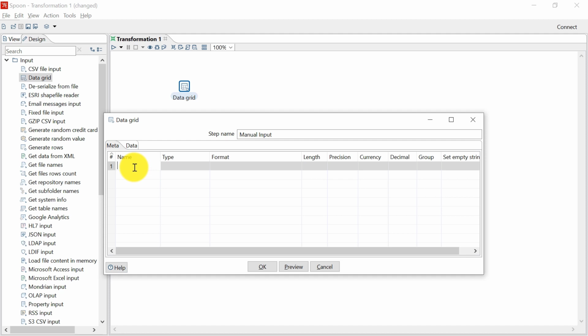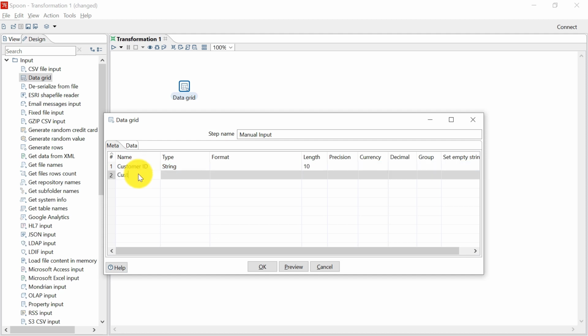So let's do it for our example. We have to enter the customer data. So the first field is customer ID. It is string type, and the length we'll keep for it is 10 characters.